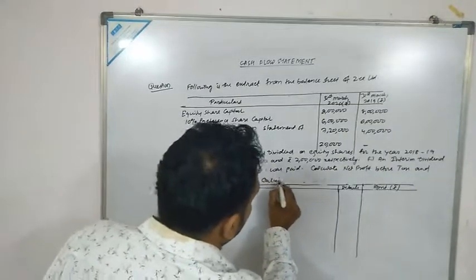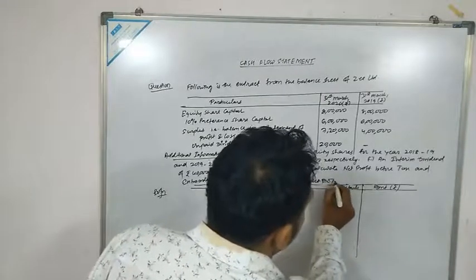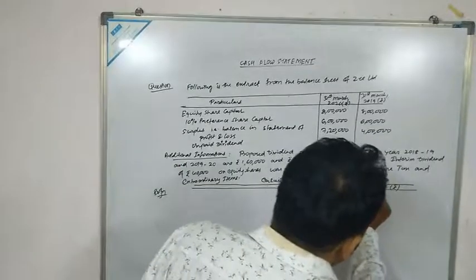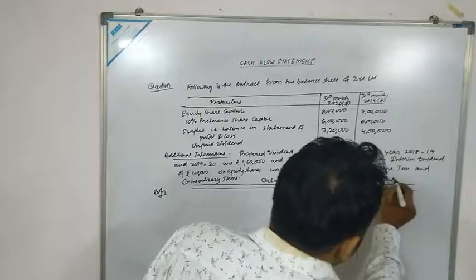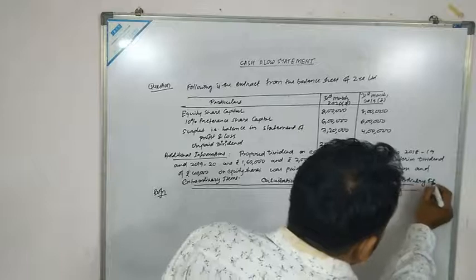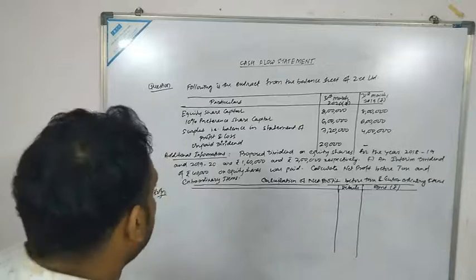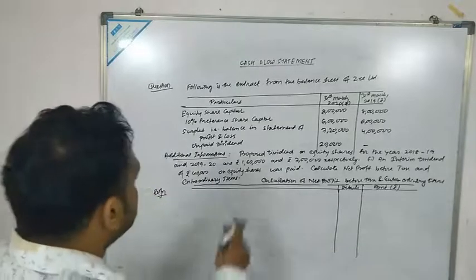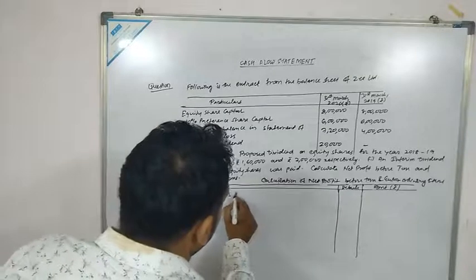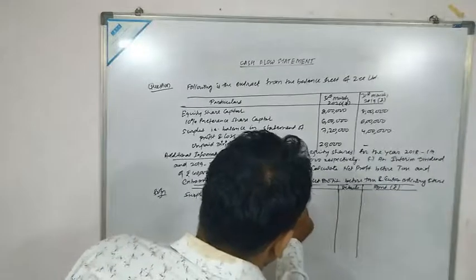So here we will give the heading: calculation of net profit before tax and extraordinary items. ठीक है, calculate करना है. ठीक है, फॉर्मेट डायरेक्टली, details and amounts would be given. तो फर्स्ट ऑफ ऑल क्या है हम लोग का? सरप्लस. सो सरप्लस सबसे पहले क्या लिखते हैं हम? सरप्लस as per statement of profit and loss account.